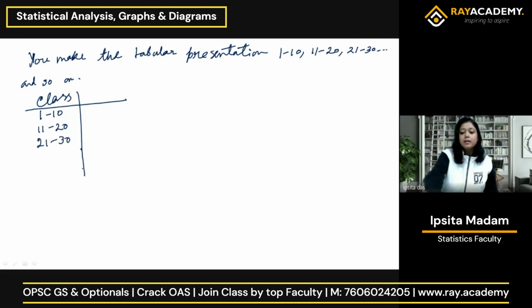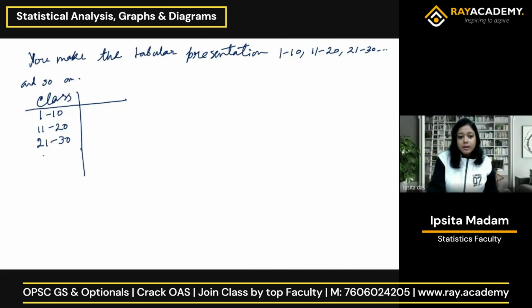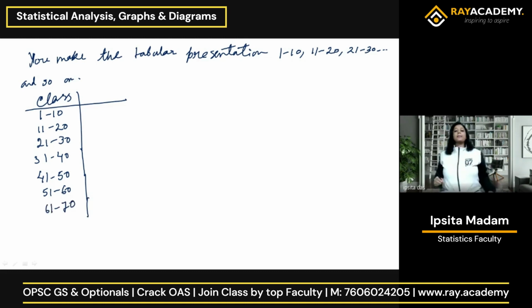Obviously, according to this data, we make the other classes 31 to 40, 41 to 50, 51 to 60, and 61 to 70. But one thing to remember always: all statistical data and all statistical calculation always consider the